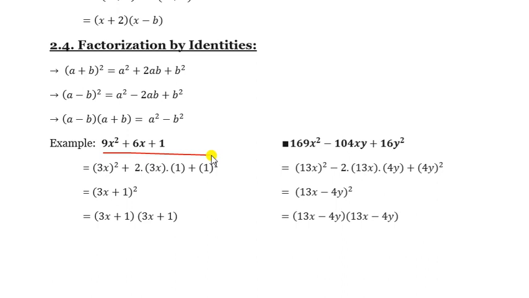Listen, when you get this kind of expression, first you have to make a square and b square. I think from the given expression it is easy to find the square terms. See, this is a square term and this one also is a square term, because 1 square is 1. But this is not a square term, this is simple x. 6x is a monomial term. So first you have to find the square terms.